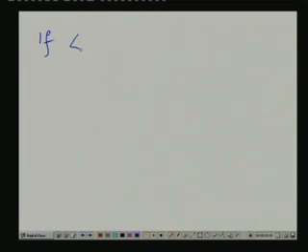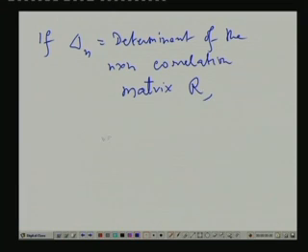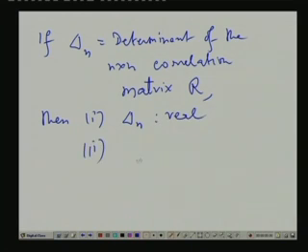If delta n is the determinant of the n cross n correlation matrix R, then number 1, delta n is real and delta n is greater than or equal to 0,